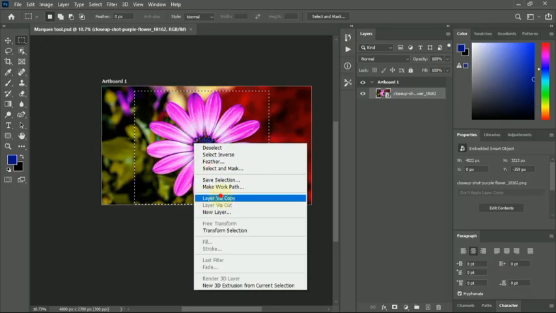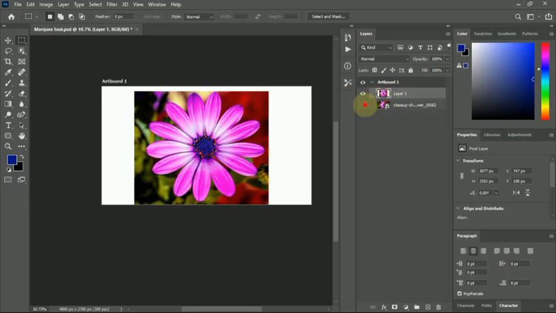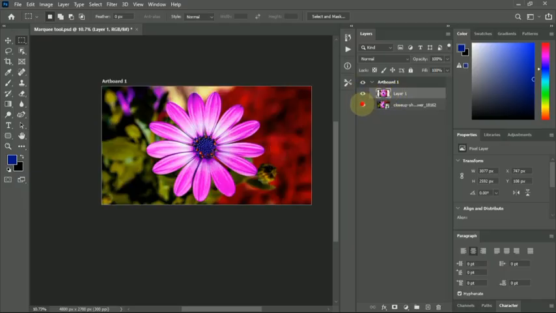save where you want it to be, like that. Or you can come to File and Save. Here you can save also as you want. So let us use this tool to isolate this flower. Like,